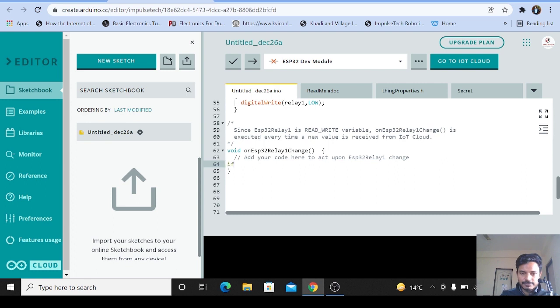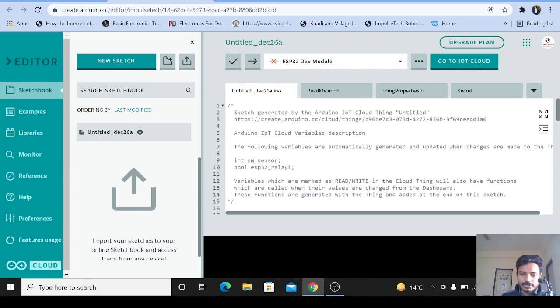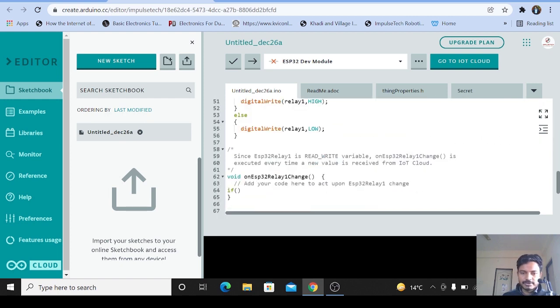So write here if ESP32 relay1, if this function gets called, then we'll turn on the relay as well.